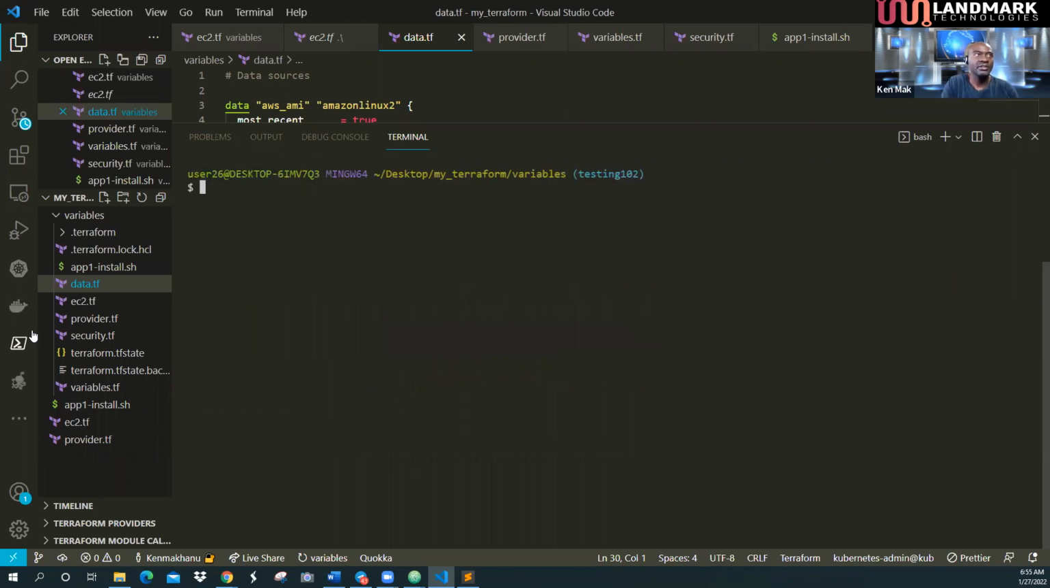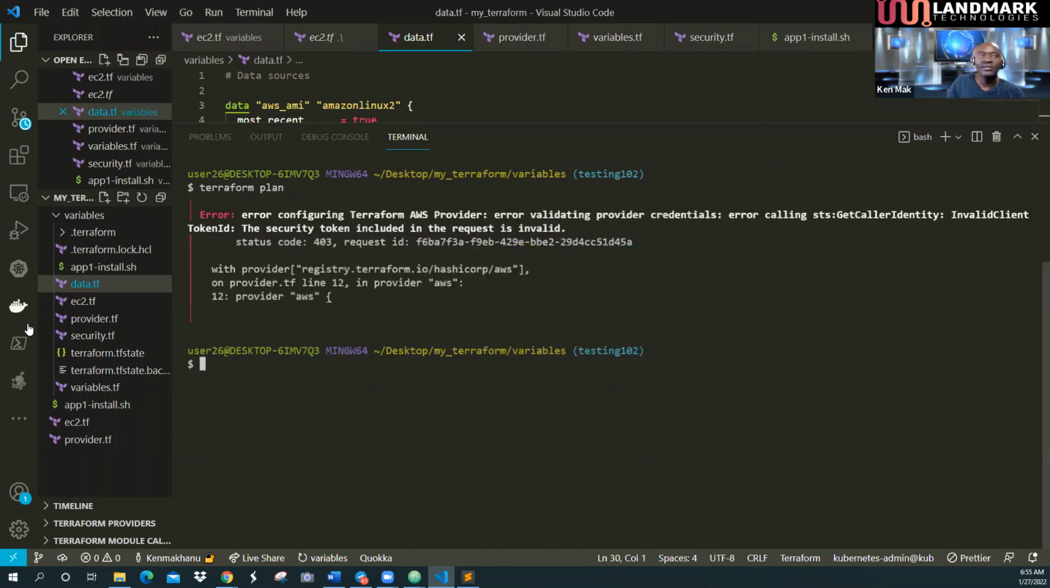Configuration is good. Then I can run Terraform plan to see the plan, for it to generate a plan for me. And again, I get this error,